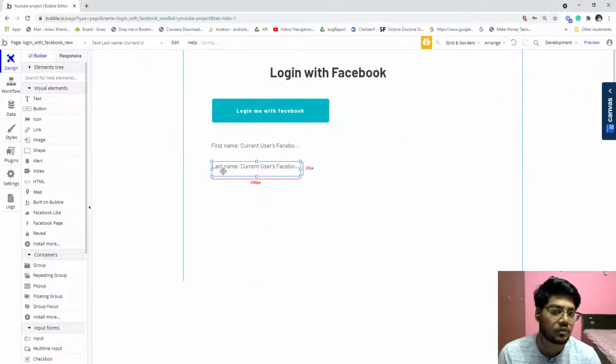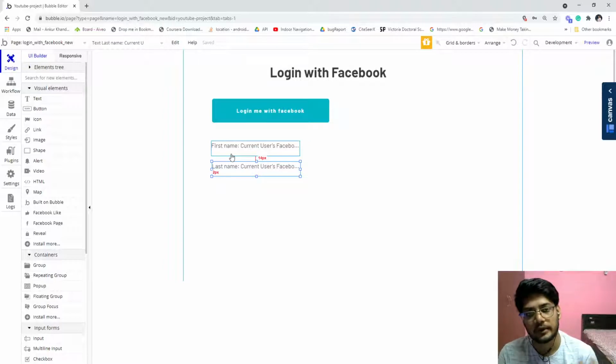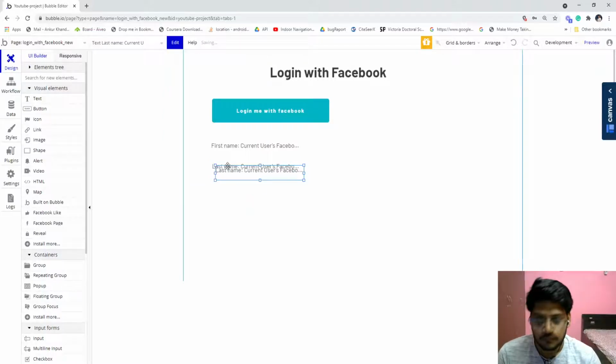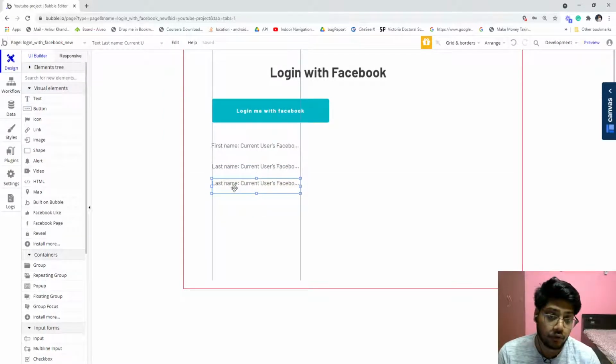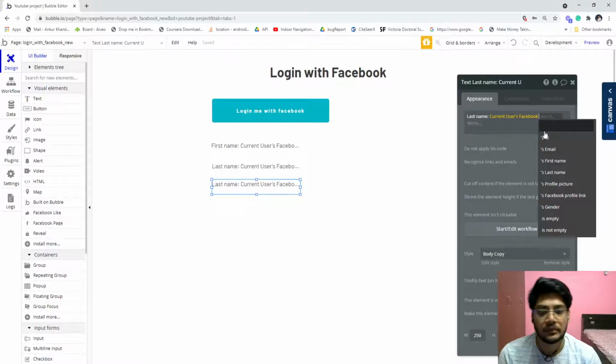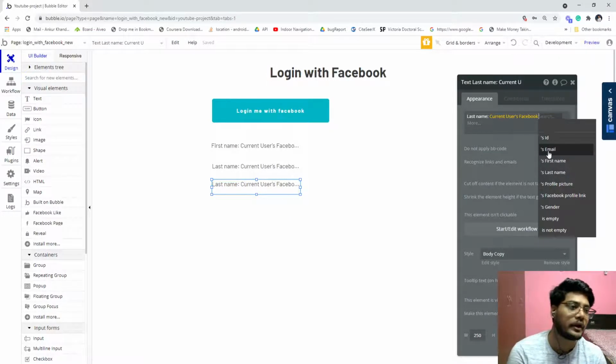So how the social login works is when you click on login, it will authenticate with the social media, and Bumble by default makes it the current user. Since Bumble already supports social login inherently, they already provide current user Facebook. It's their plugin, so there's a fixed set of values that you can get.